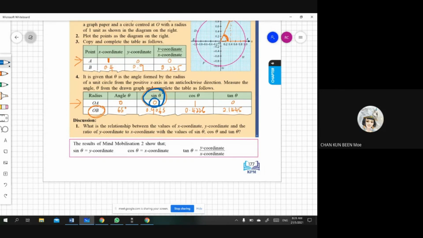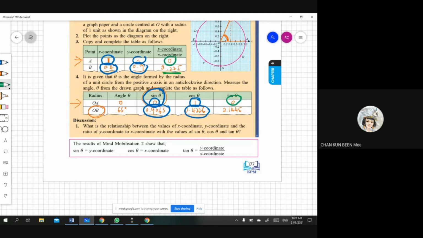The sine theta is actually equal to this. Can you see? They are almost the same. After that, if you look at cos, the value of 1. Can you see that, class? The one that I'm circling. This one is almost the same as this one. Right? And the last one, if you look at tan theta,